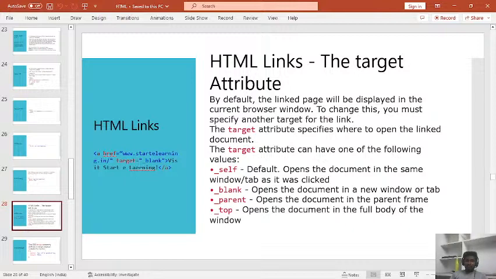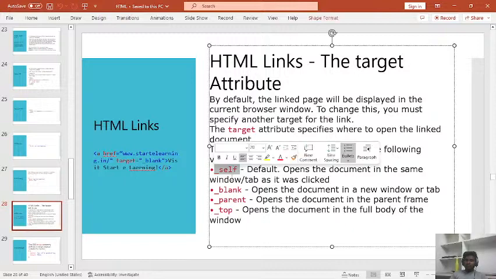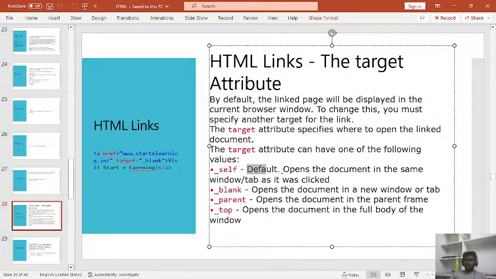anchor tag itself, and here four more functionalities are added. So in the target you are going to mention this self. So self is nothing but default, which opens the document in the same window or a tab it was